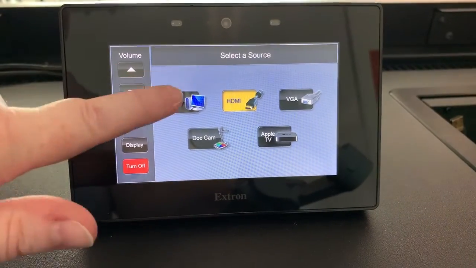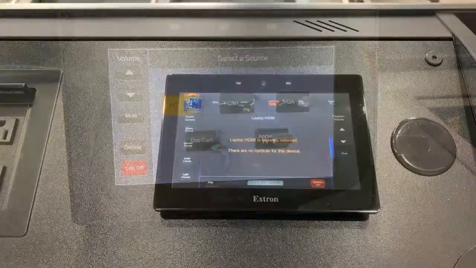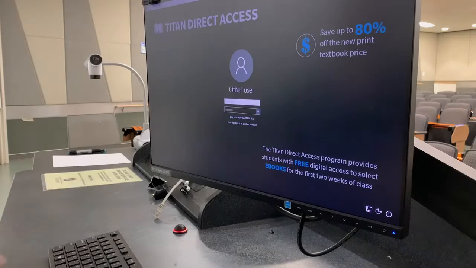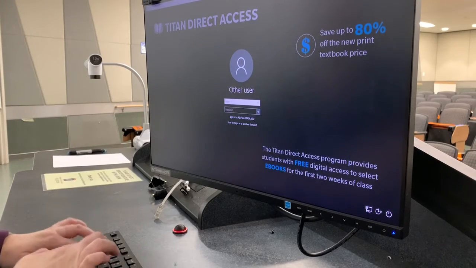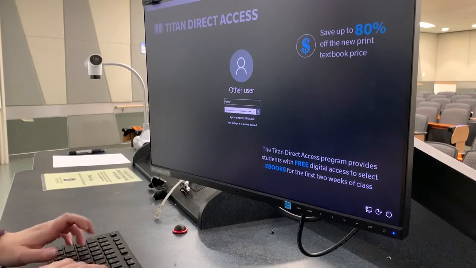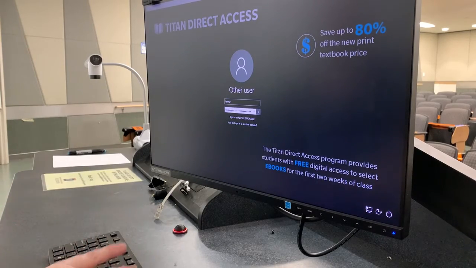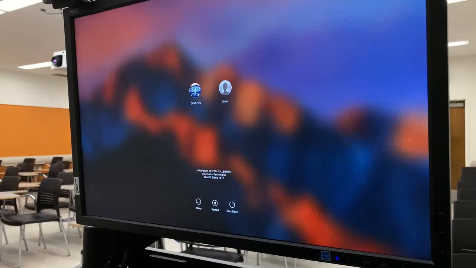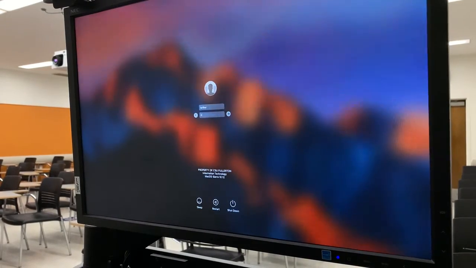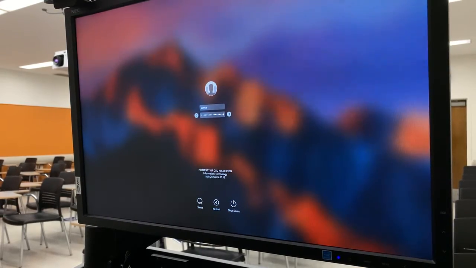Once the system has started, make sure that the control panel display is set to the instructor computer, which is labeled either PC or Mac. Log into the instructor computer with your campus username and password. If the computer is a Windows PC, you will press Ctrl-Alt-Delete and then enter your credentials. On a Mac, click Other User and then enter your credentials. For more details on logging in and troubleshooting the instructor computer, view the videos on logging into the instructor computer